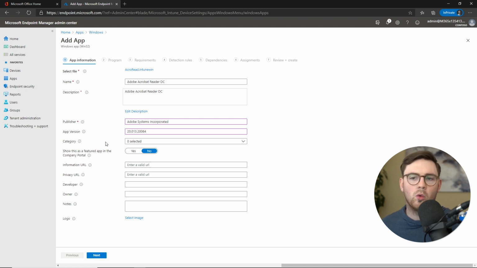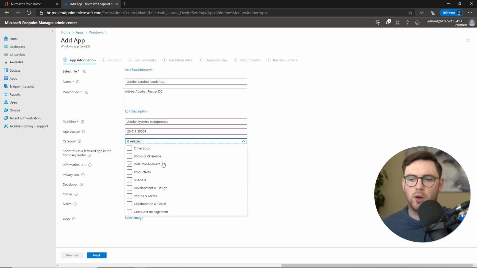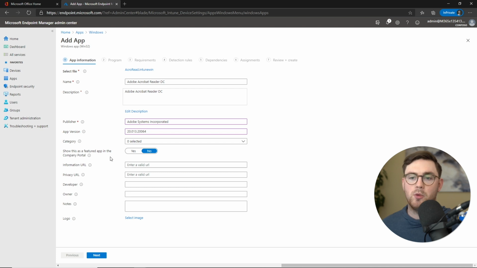And the next sections are all optional. You can choose whether or not you want to put it in a category. You can say whether it should be a featured app. And then you can see you can do things like privacy URL, owner, notes, and so on and so forth. And the more you fill in here, of course, the more your users will get to understand why and what